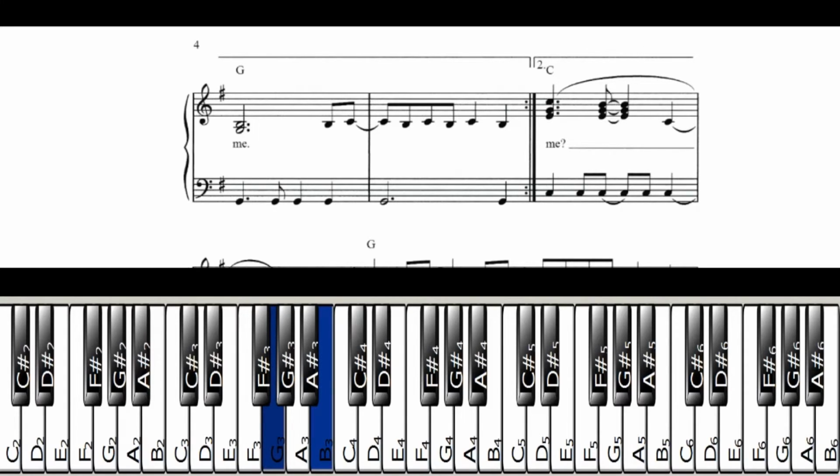This time you've got G and B, you're going to hit at the same time with the right hand, beginning that line, and then you have B, C, and then the next measure you hit B, C, B, C, B. By the way, you're going to hit the G and B in the beginning with thumb and the third finger, and then you have middle finger, ring finger, and you have middle, ring, middle, and then